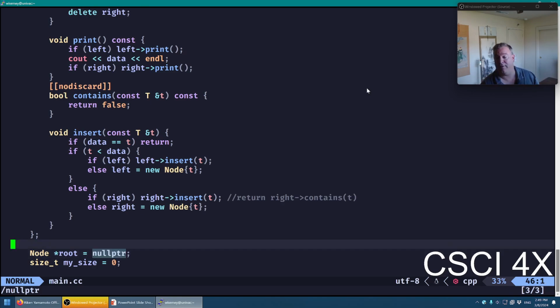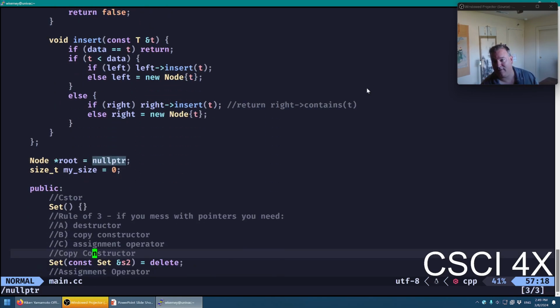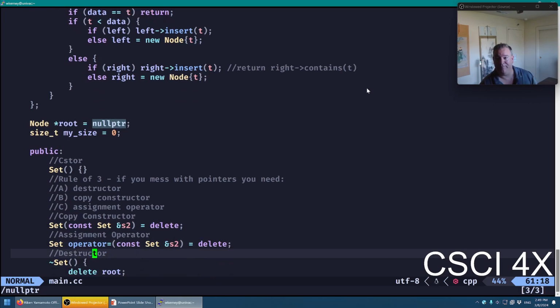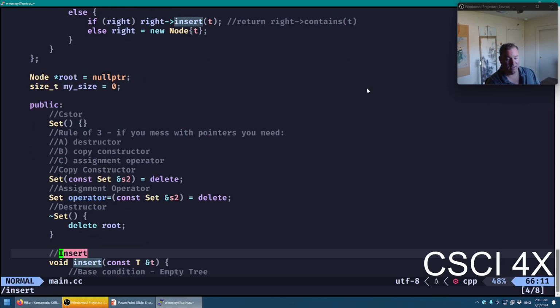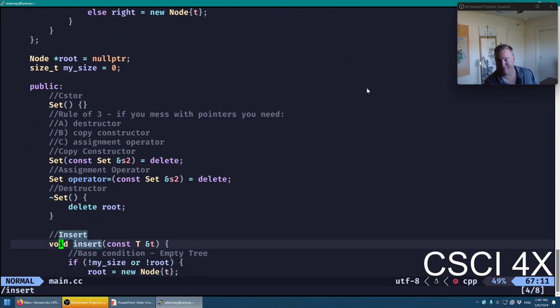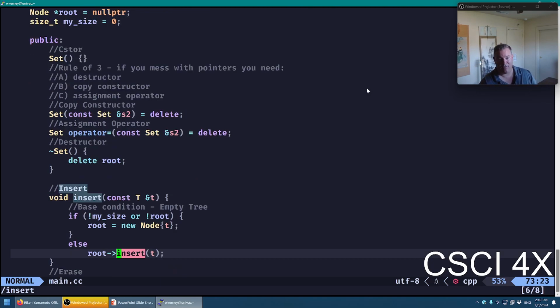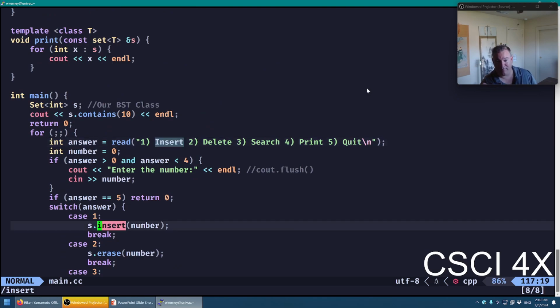Right now, students typically go next, next, next, next, next, and it takes forever. Instead, you're like, okay, well, where's my insert at? So front slash insert. Okay, there's my insert function. All right, it's useful. And then if you hit N, you can see where insert is being called from, like